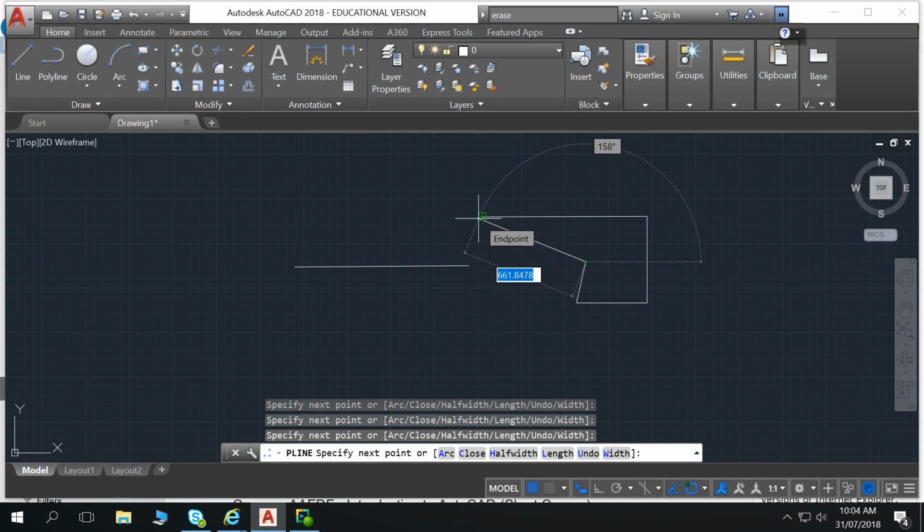So there's little green blocks that appear on certain points on your line, and that allows you to actually connect the two lines together. Okay, so you can either do it that way, by clicking, or by simply saying, down here it says, P line specify next point A, C, H, L, U, or W. I'm wanting to close this object. So if I press down here and I click there and I go C,